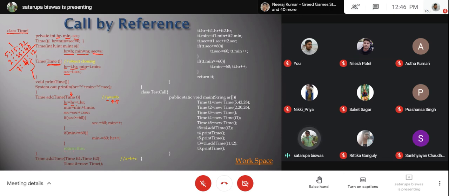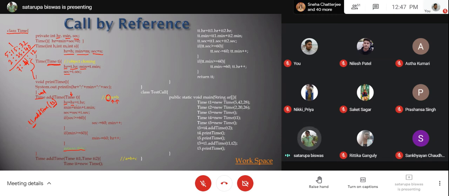And then you are writing return this. Means whatever changes you are doing, that change is basically happening to the caller. Now, if you are trying to write something like at time, say you have one time object like this, T1, another is T2. So T2's values are going to add with T1 and the result is in T1. If you just write this and here instead of time you have void, so no problem will happen. So it will be perfectly fine.